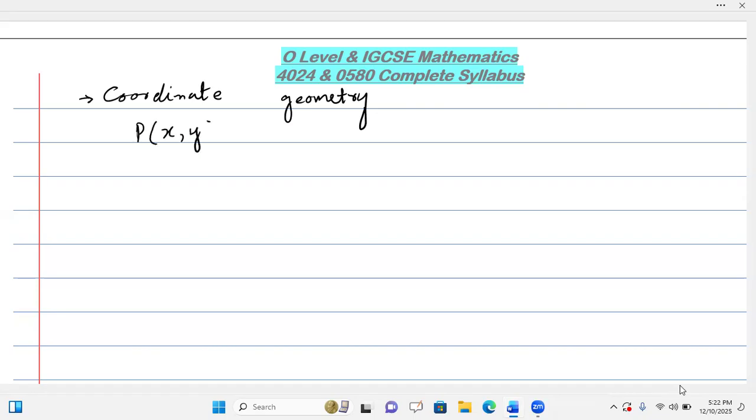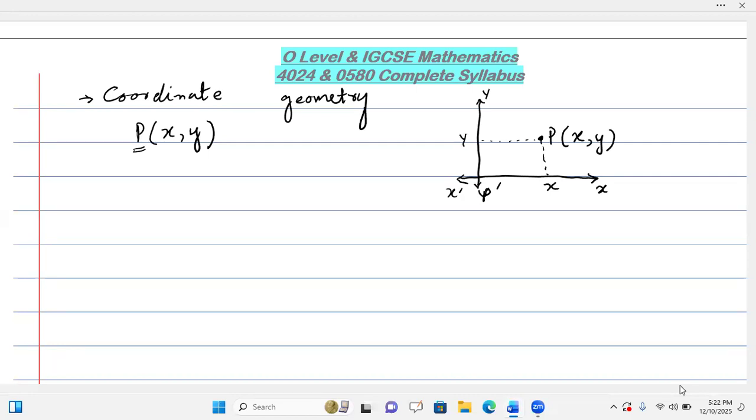X and Y, which means if we take X-axis and Y-axis over there, this is X dash, the horizontal axis. This is Y dash, the vertical axis. The X-axis is called abscissa, the Y-axis is called ordinate. These are just names over there. If I want to locate a point P in a 2D plane, then I will say this point P will be described by x, y, which means x is this length, and this is the length